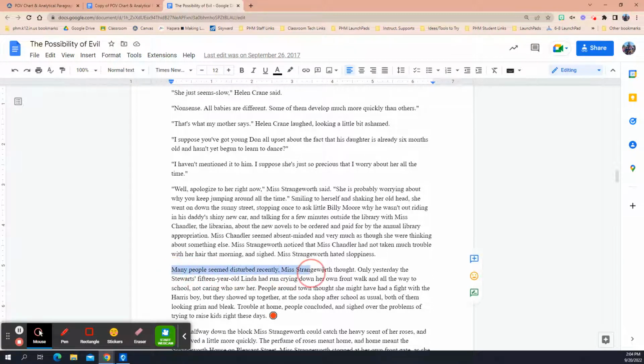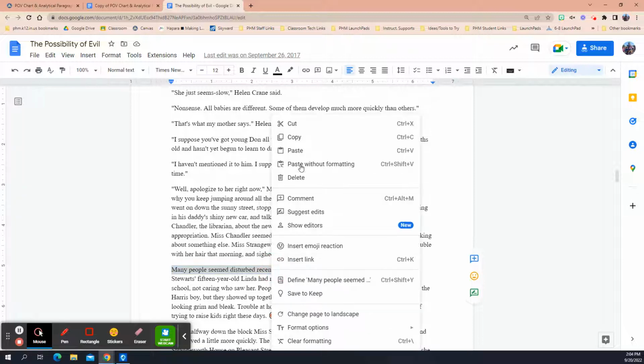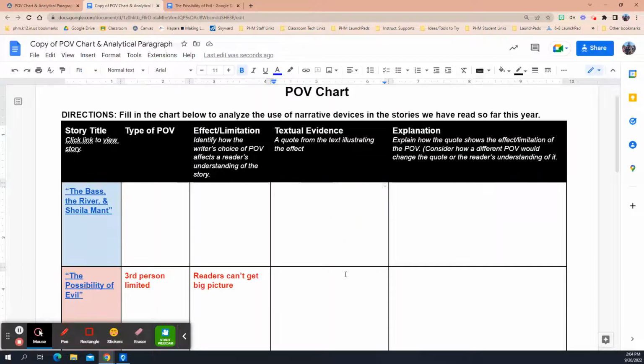And she actually says many people seem disturbed recently. She actually thinks that. So I'm going to go ahead and grab that quote, and I'm going to put it in here. And then my explanation of the quote is